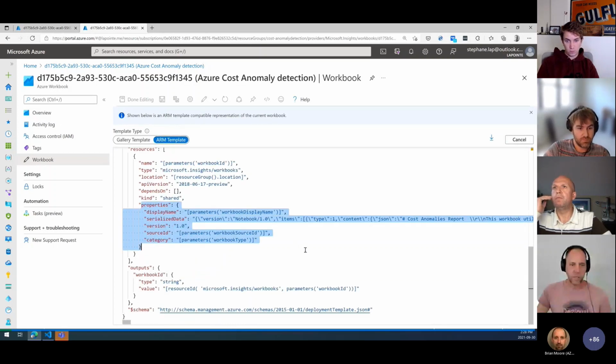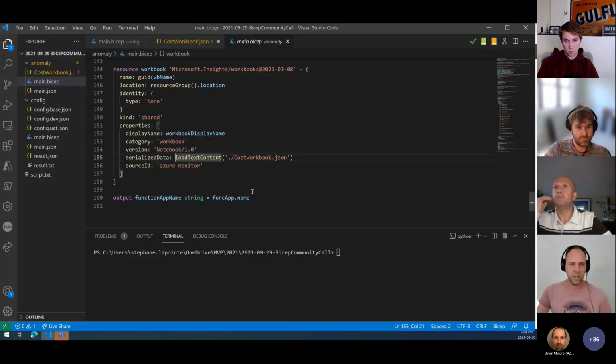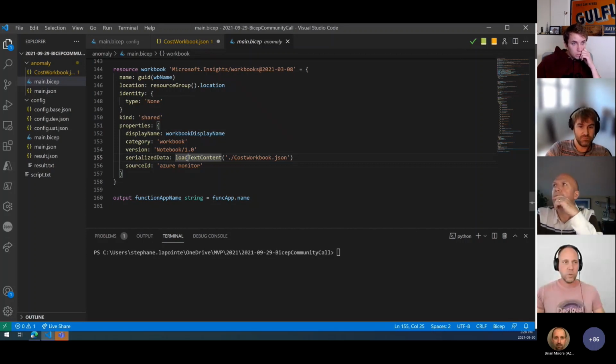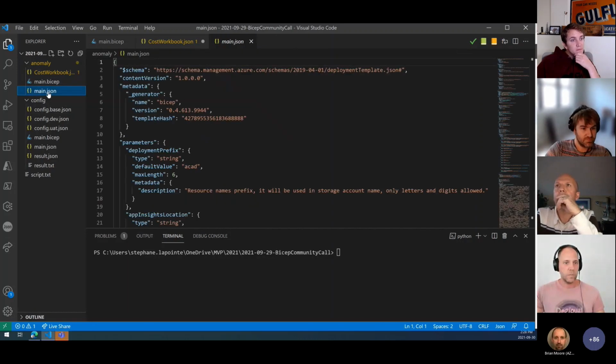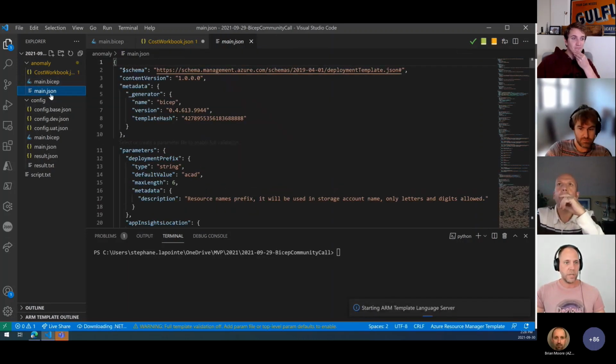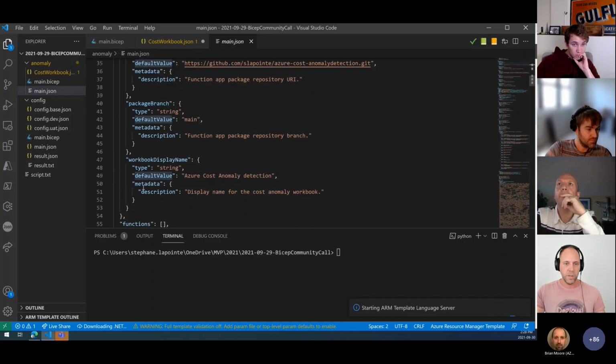So everything that is here is now just something like loadTextContent with the relative path of my JSON file. Basically, at runtime, it will inject the content of this file into my Bicep, for my ARM template for me.